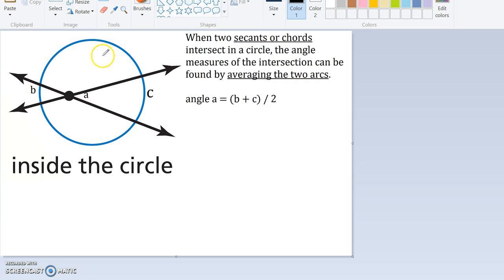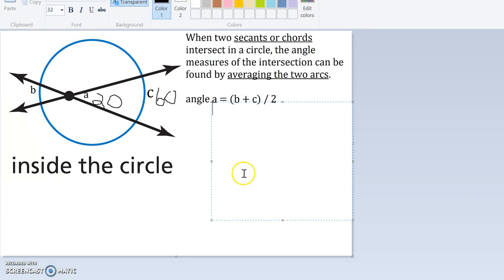So a good example here might be if we were to say this angle equals 20 degrees, and this bigger arc is, say, 60 degrees, and we want to find the other arc. Well, what we're going to find in the end is that whatever B